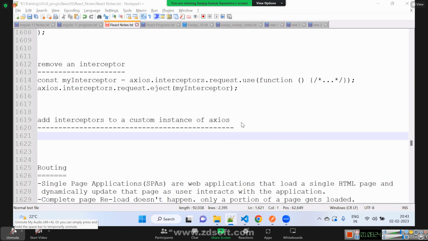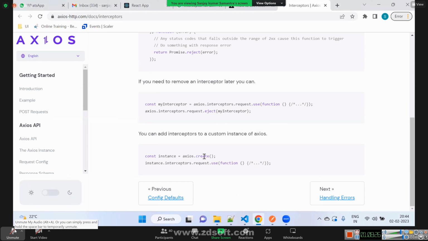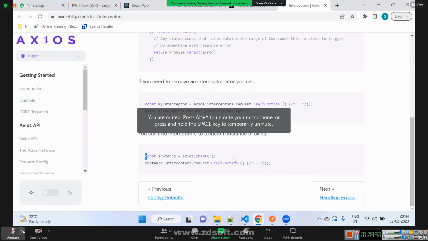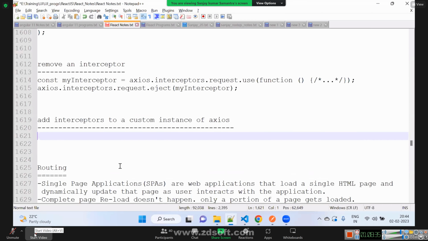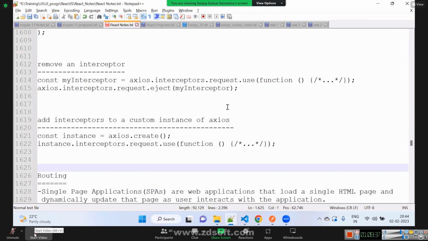If we want to add an interceptor to a custom instance of Axios, then wherever we are creating Axios.create, in that Axios.create only, we have to add.